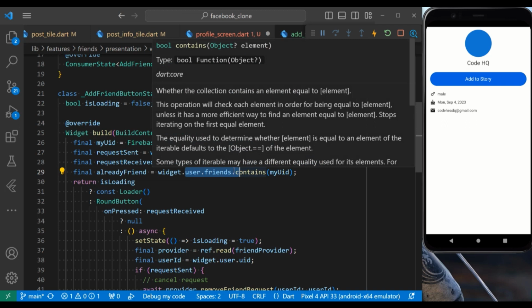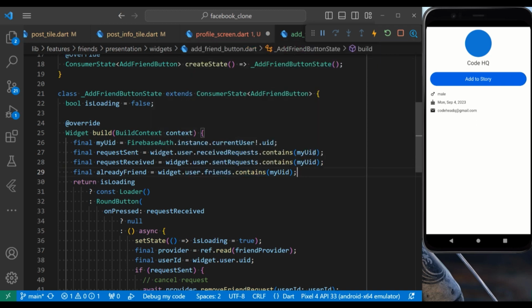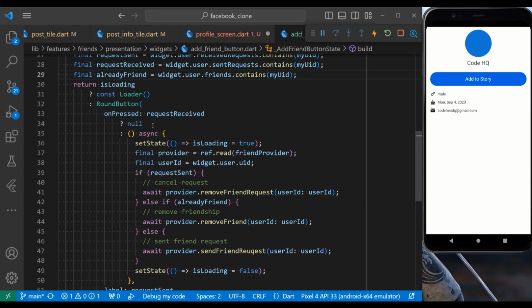So the logic is very simple. You have three lists. If your UID is inside any of these lists, it means that you either sent a request, received a request, or are already friends. Also inside the